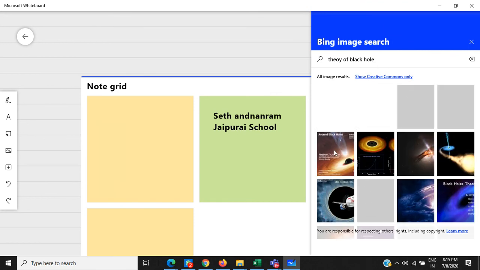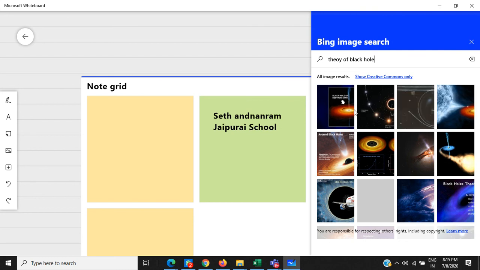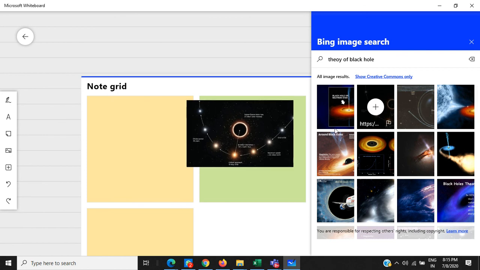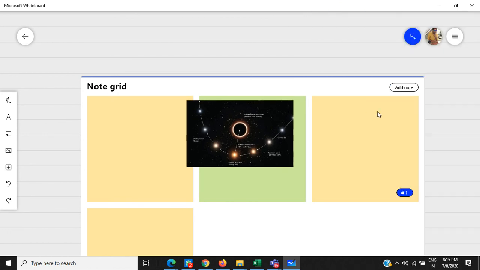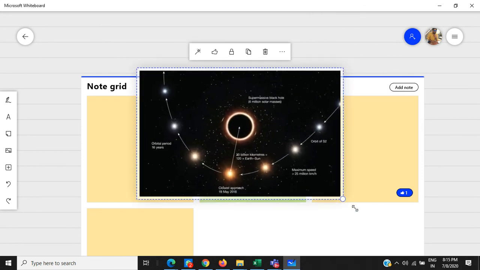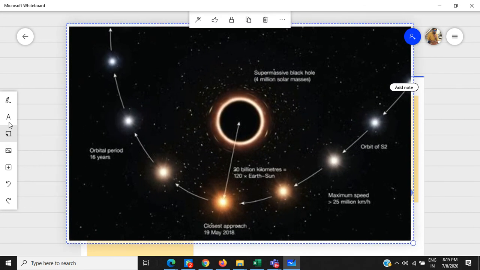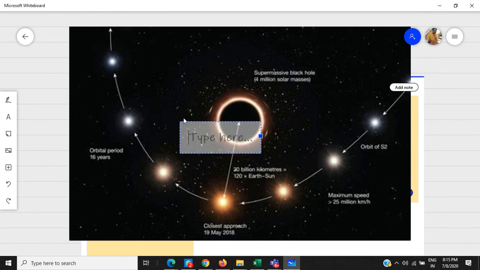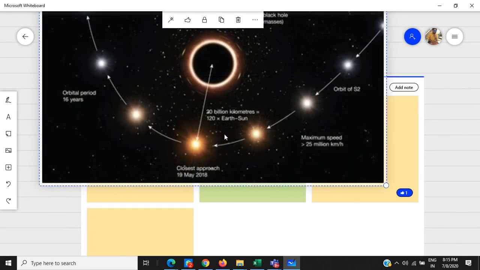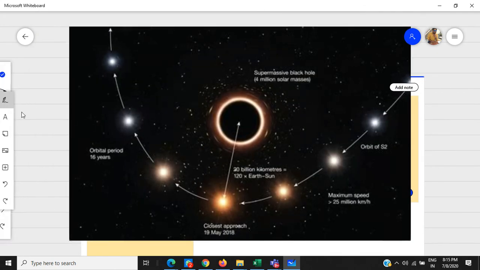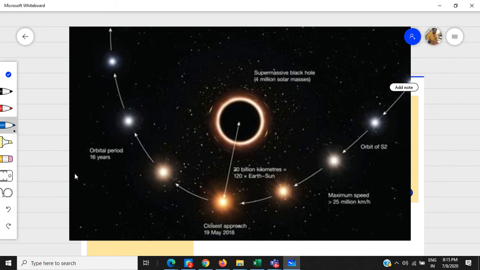I want to elaborate to the children while using that live. So I just use that image easily. When you click it, the image will be there. And if I want to resize it, we can resize it. And if I want to annotate for the students, I can type it here, like click the tab button. And if you want to write something or annotate, you can easily annotate.